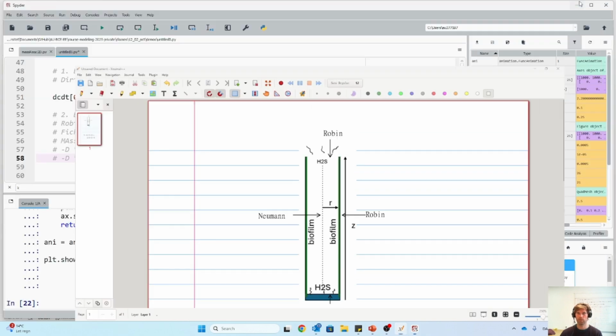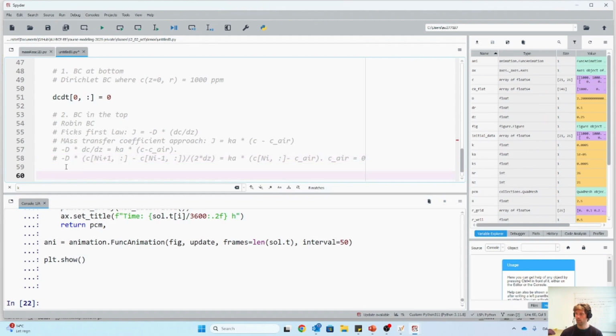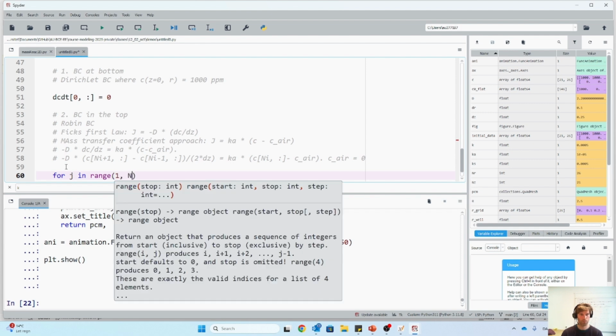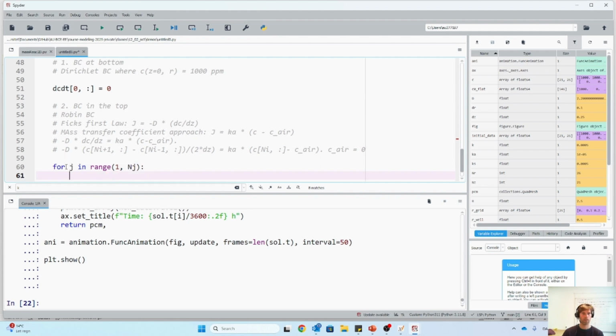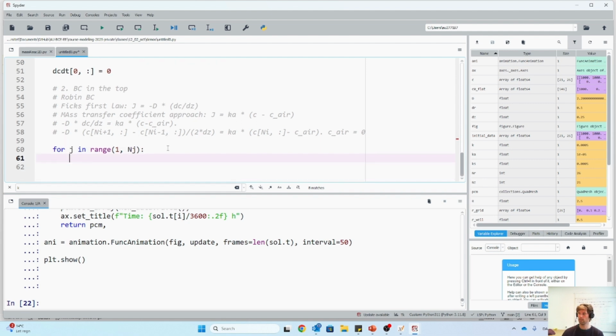So we must not forget that. And therefore, we will make a loop where we calculate the derivative in each radial position. We will go from 0 to nj. Nj is the last index in the radial dimension,